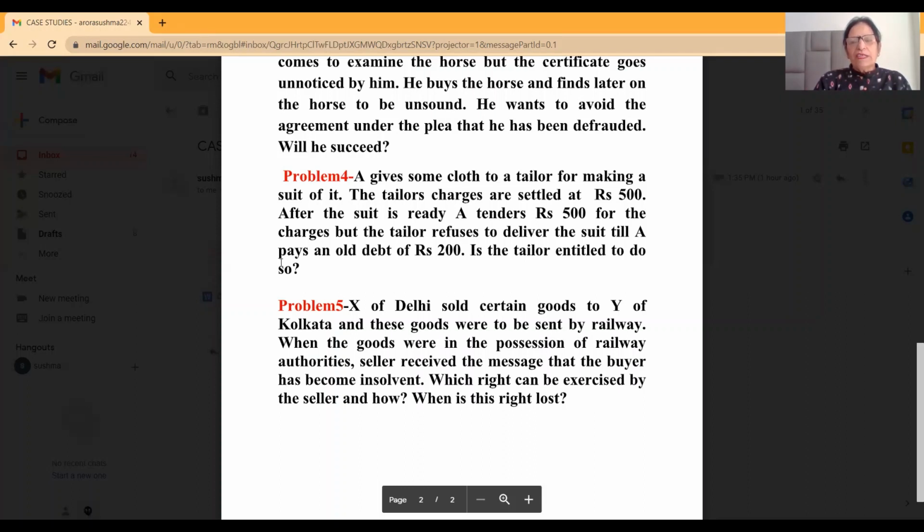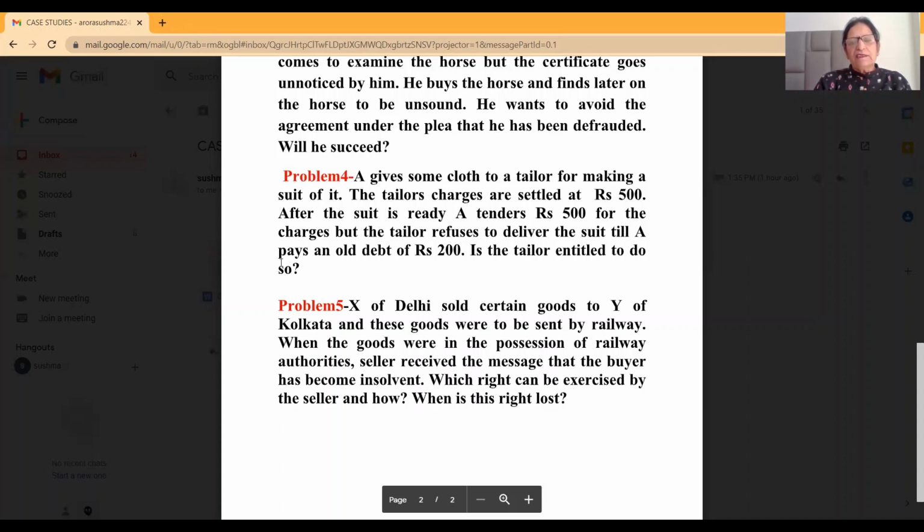Now the last part of the question is, when is this right lost? All provisions pertaining to the right of stoppage of goods in transit have been provided under sections 50 to 52 of the Sale of Goods Act 1930. When is this right lost? There are a number of cases when the transit comes to an end. When the transit comes to an end, then the right is also lost. Transit will come to an end when the railway authorities part with the possession of goods, or when the buyer makes a payment, or when the buyer has forcibly taken the possession of goods while the goods are still